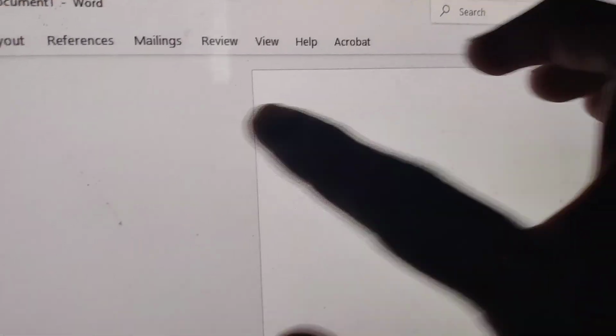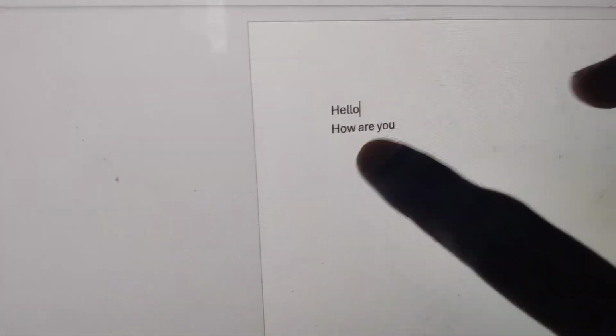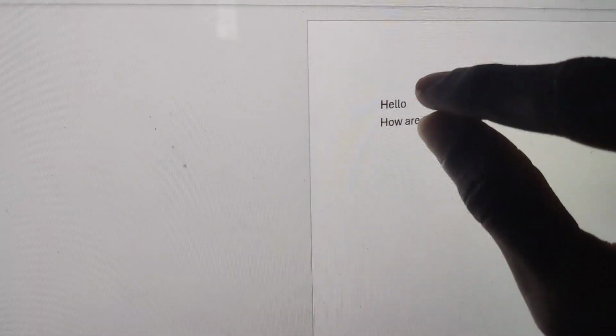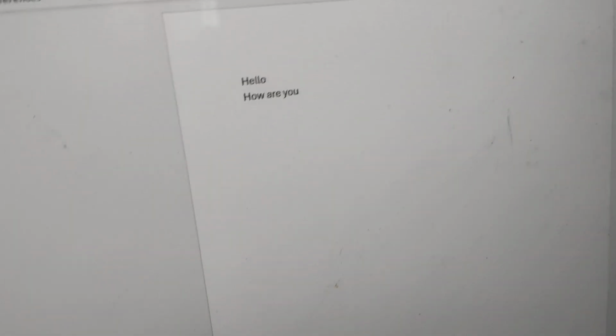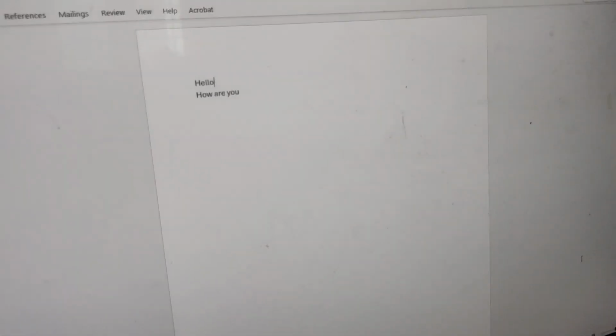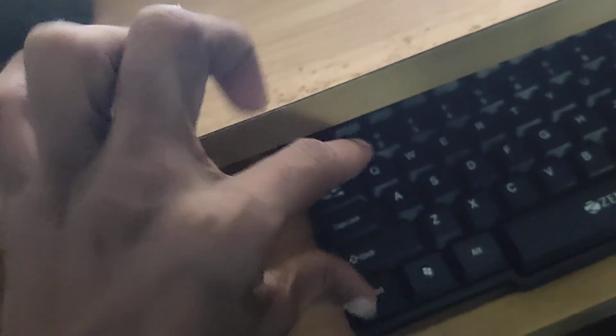Again, this is MS Word, and you can see the two lines, "Hello, how are you?" If I want to create line spacing between these two lines, hello and how are you, and I want to set the line spacing to 3, then you can see that I press this Alt key,